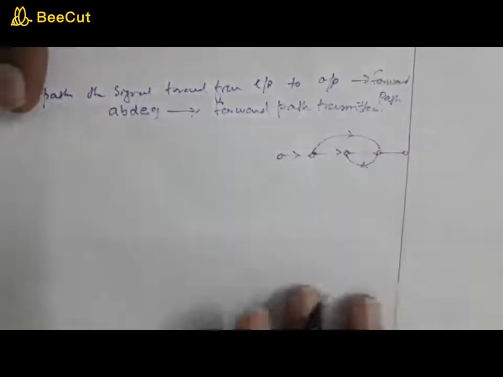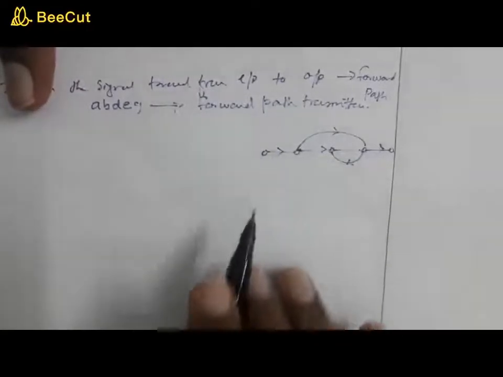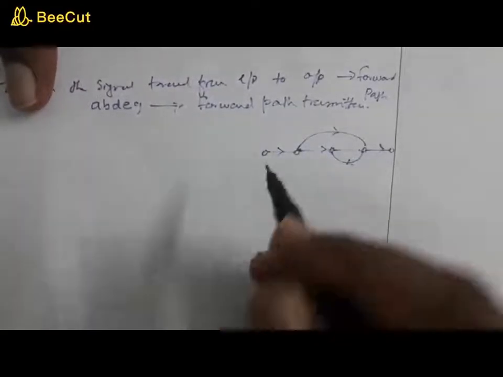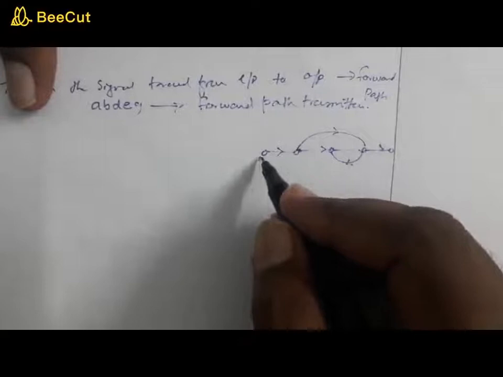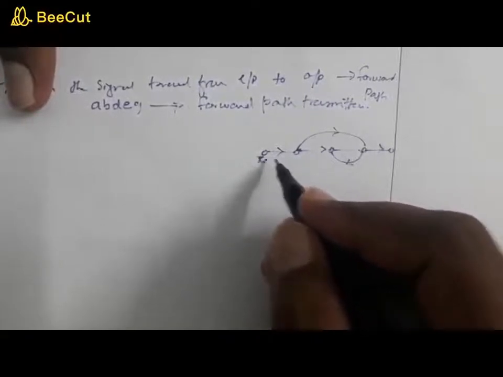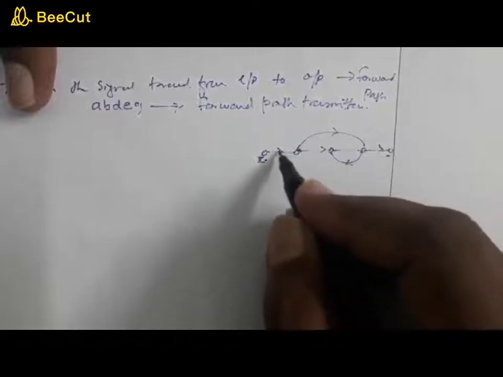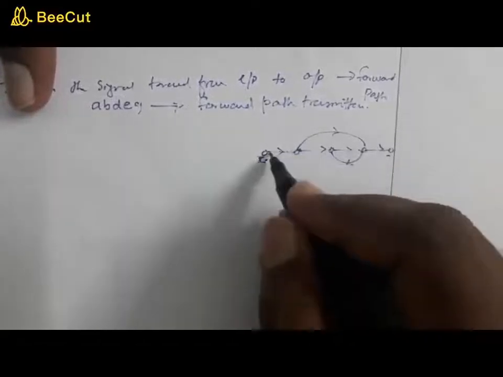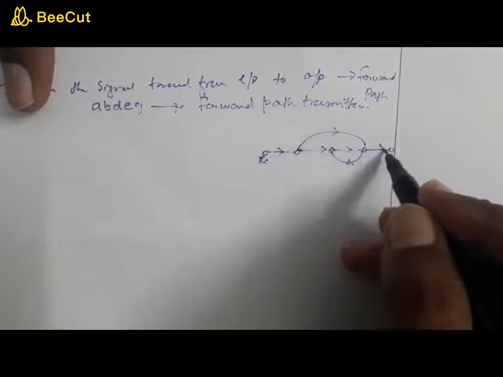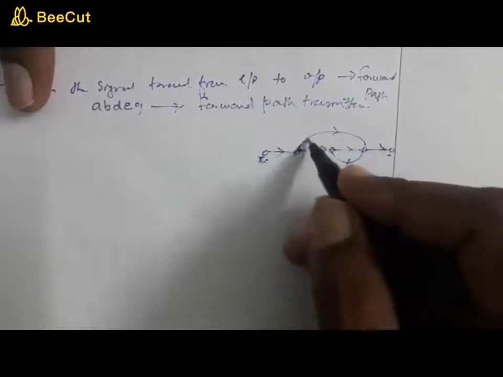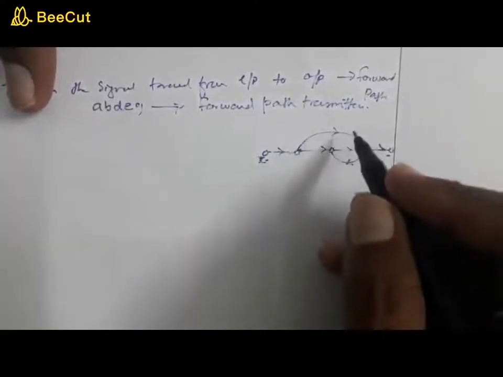Now, how many forward paths does this particular signal flow graph have? One way: when a signal, say X, is passed, it will reach this point. It can reach this point in two ways. One is directly to this, another way is this one. So that means this particular graph has got two